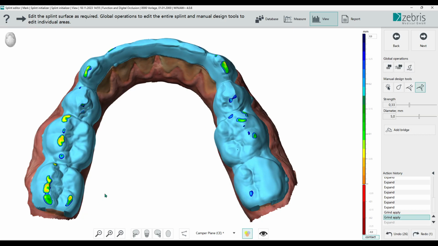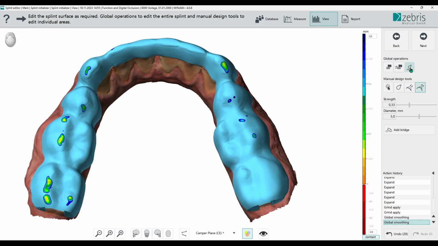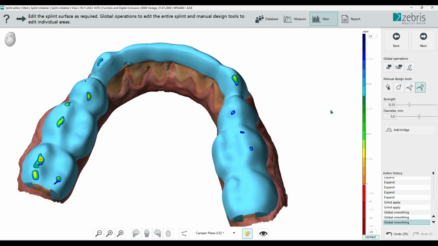This will take time for a milling machine to fabricate. So we also added the global smooth option to make the splint more round, with less detail but nearly the same occlusal contacts, to save time in the milling process.